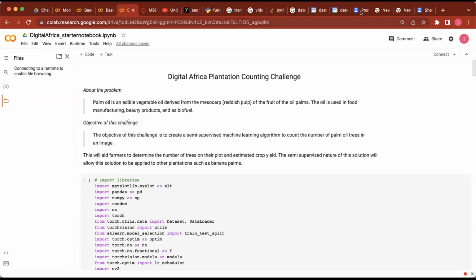If you are confident and feel like you can start without the starter notebook, then I encourage you to create your own notebook and go ahead. If this is your first time exploring Python and computer vision, then starting with the notebook is a good idea.